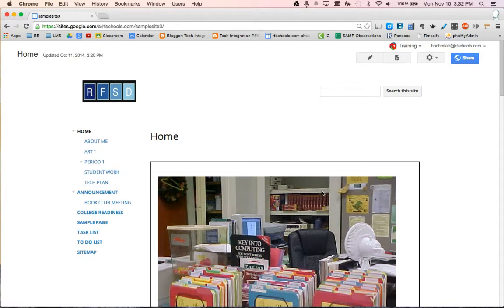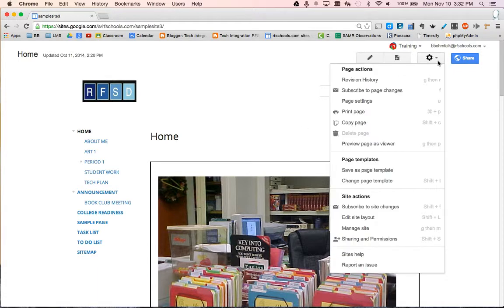With the navigation on a website, you have two basic options. By default, Google Sites sets up vertical navigation over here on the left, and it automatically organizes it for you. The alternative is to put some tabs across the top, which is called horizontal navigation. If you want to do horizontal navigation, you need to go here to your site-wide area and go to Edit